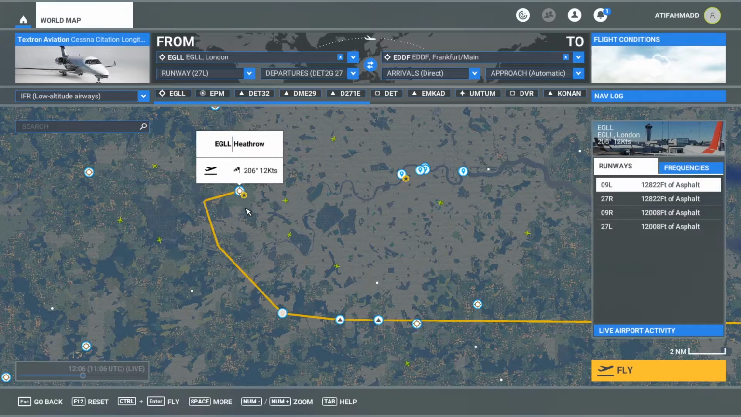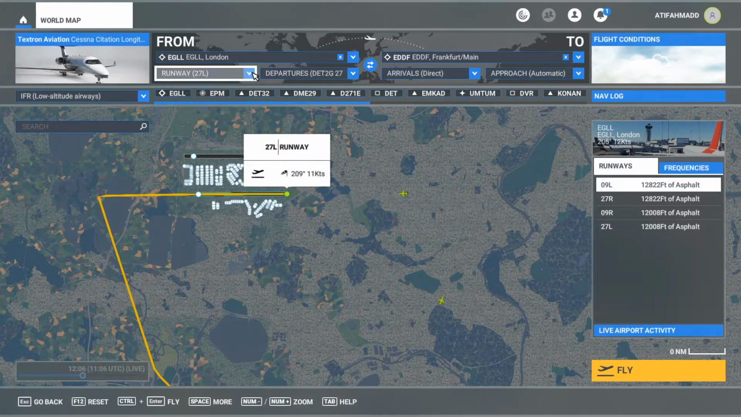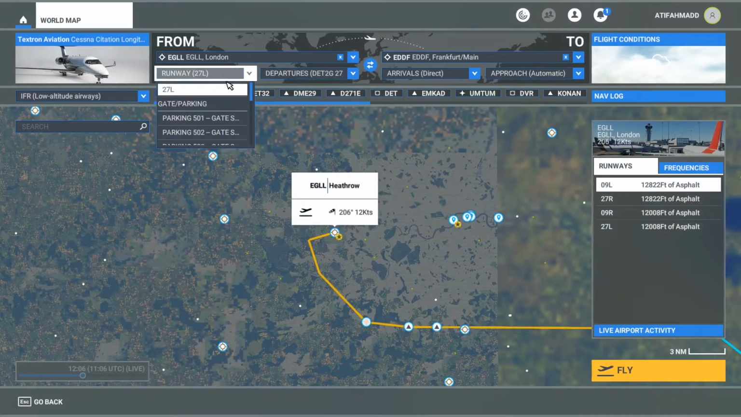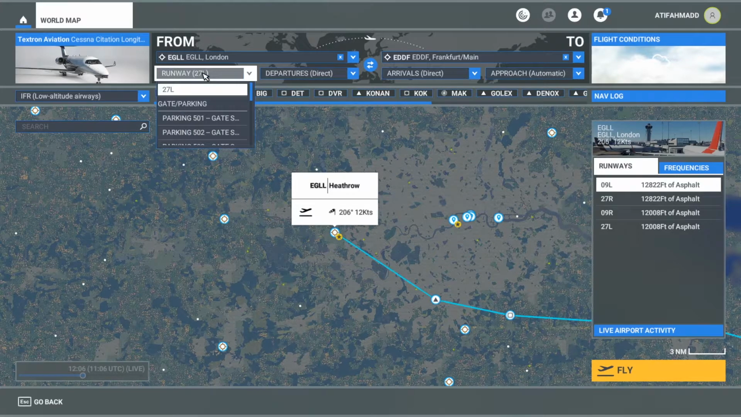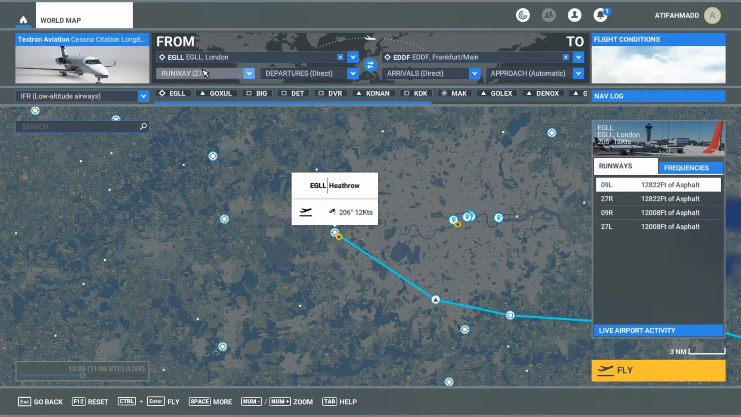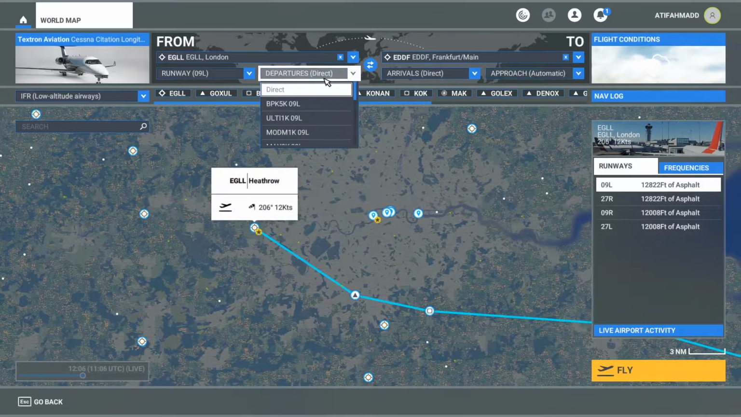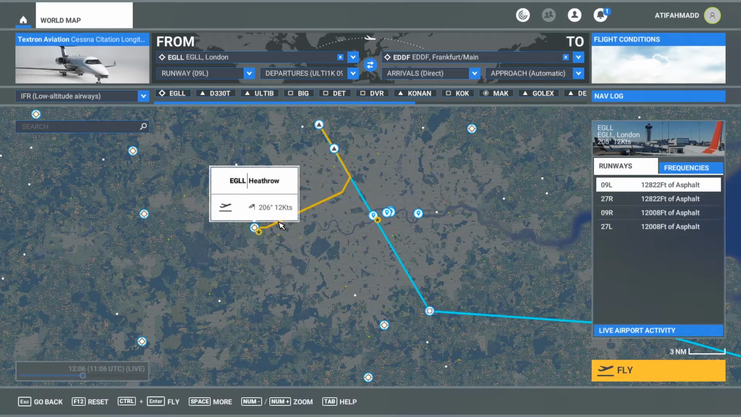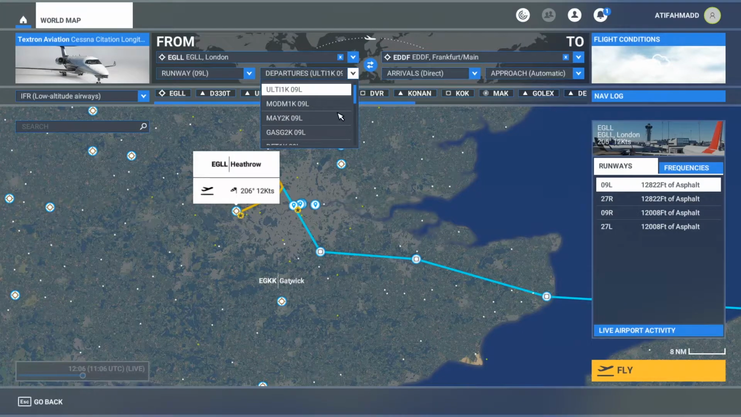SID. So it will not be an appropriate thing to select this SID because it's for 27. So obviously you won't be using this SID. So I will be using the one for the 9 left runway, which goes straight towards Frankfurt. You see, it's not even advisable to use this one because it will first of all go over here and then to Frankfurt. So there's no need to do this. So let's DTK